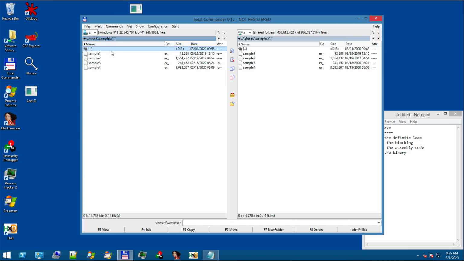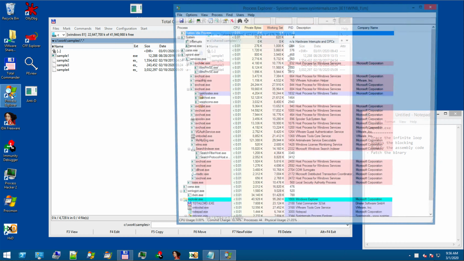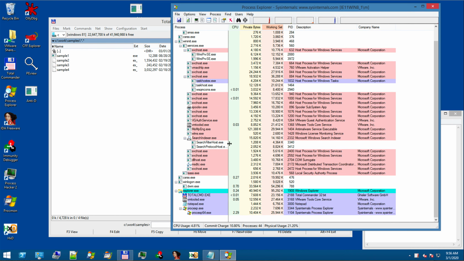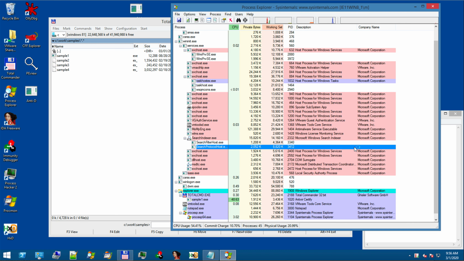Hi guys, the first sample we're going to look at behaves very differently when run inside a virtual machine compared to a physical host. Let's trace it and see what's happening. First, rename the file to exe so we can run it, and start Process Explorer to also monitor any suspicious activity. Run the file,